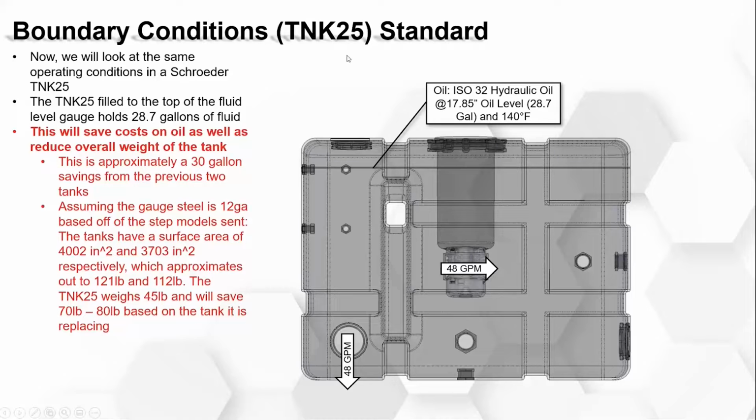So we're taking them from a 60-gallon tank down to a 25-gallon tank, with substantial cost savings on the oil and the weight savings and everything like that. Their current 60-gallon tank weighs approximately 121 pounds, and the TNK 25 weighs 45 pounds. So we're saving 70 to 80 pounds right off the bat in just the tank material itself. And then approximately a 30-gallon savings